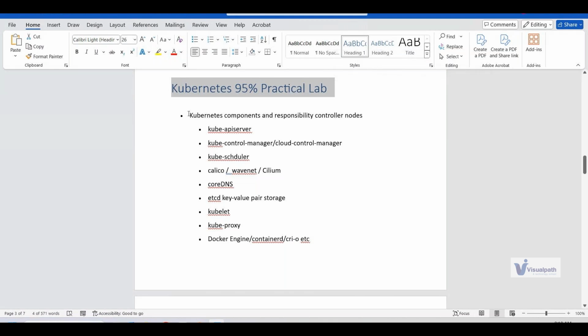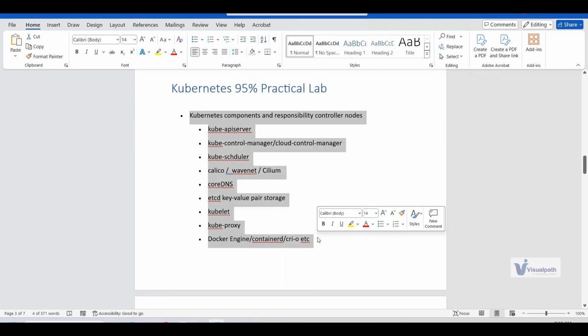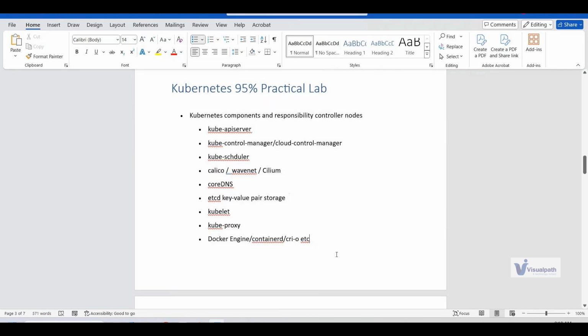Very first of all, Kubernetes architecture. From the Kubernetes architecture, we'll be starting. What all components are included in your Kubernetes architecture? What is the use of each component? What are they doing? Their job. That we will be discussing here, and after that,